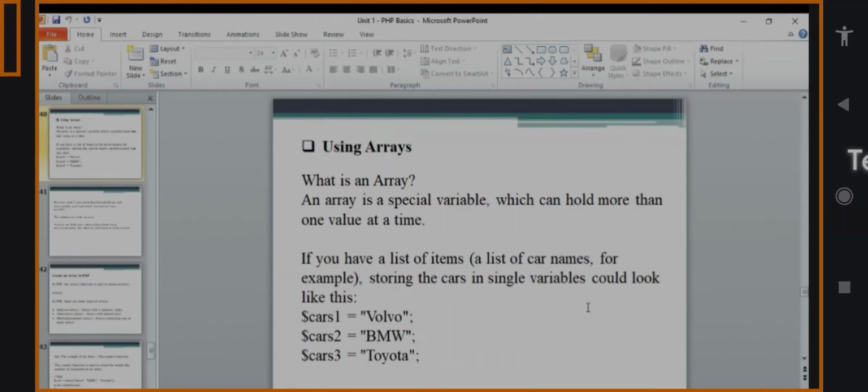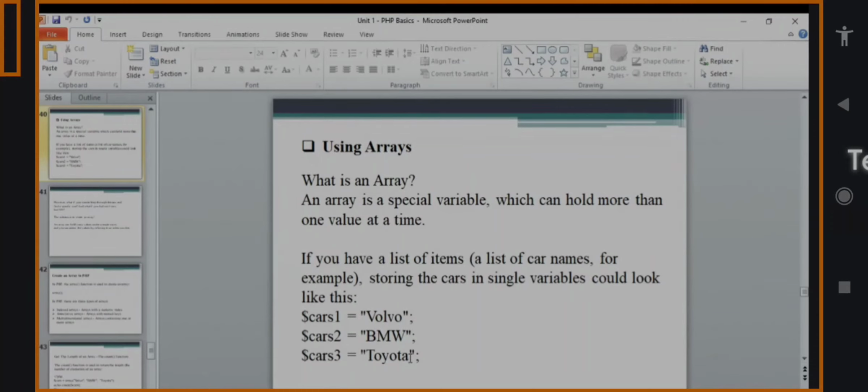We already discussed variables, so first take dollar cars, or car one. The variable is equal to the value in double quotes. So car one is equal to Volvo. This is just an example.